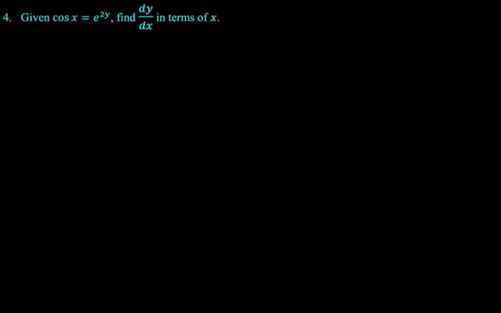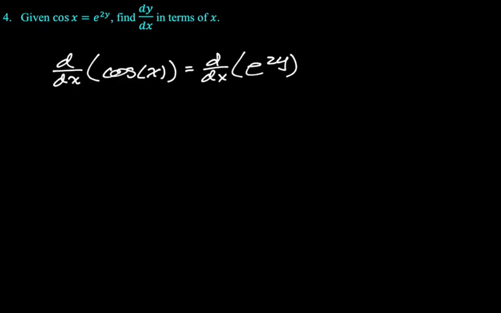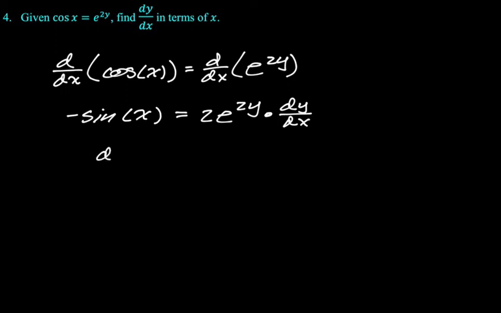Given cosine of x equals e to the 2y, find dy/dx in terms of x. So this is interesting. Somehow the y is going to disappear. We'll see. First thing we got to do is take the derivative of both sides with respect to x. So the derivative of cosine is definitely negative sine. The derivative of e to the 2y is going to be 2e to the 2y times dy/dx. So we have that. Now I'm going to solve for dy/dx, which gives me negative sine of x over